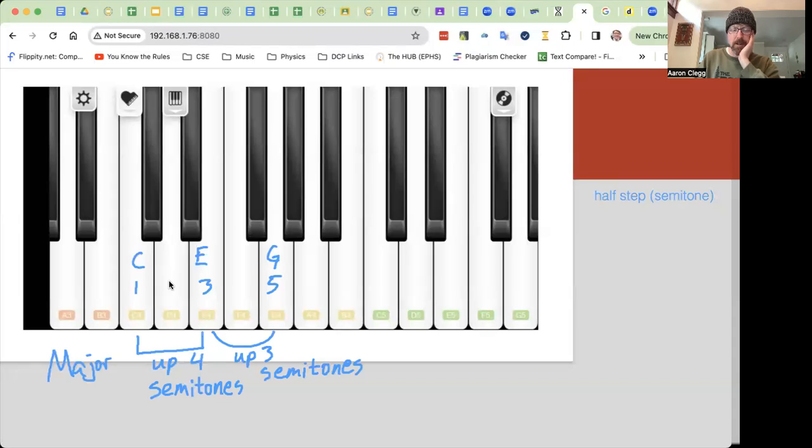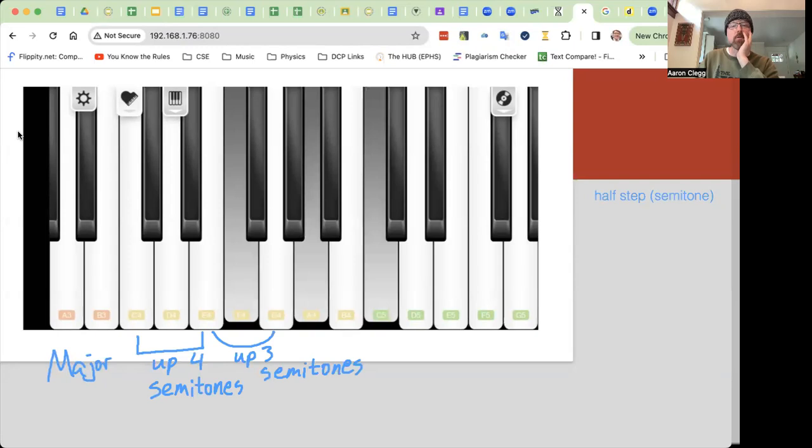And if we started on an F, I know that there's some writing on the screen here that's annoying. Maybe I'll just erase that really quick. Okay, so if we start on an F and we go up 4, there we go. So then I have an F, A, we go up 3 more to C, F, A, C. That's a major chord. If I do the same thing with a G,